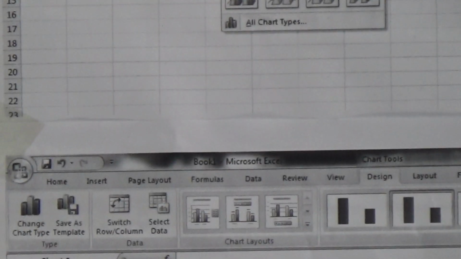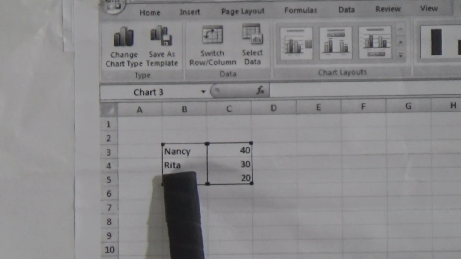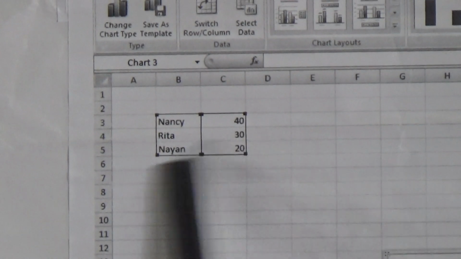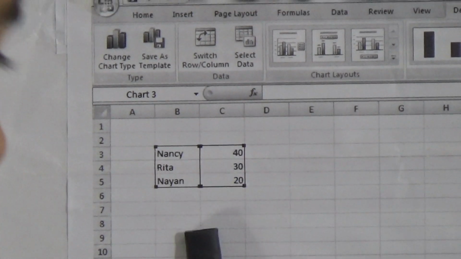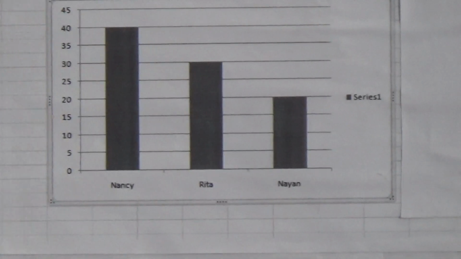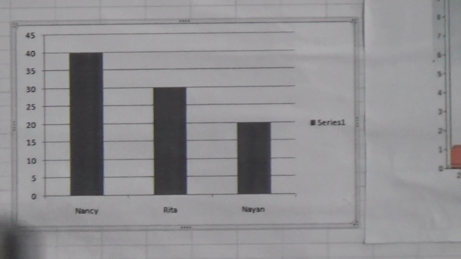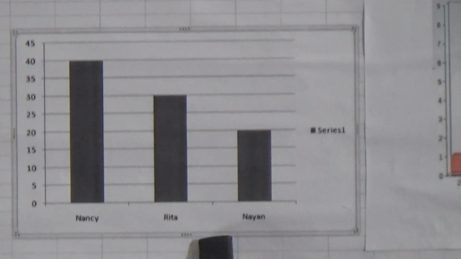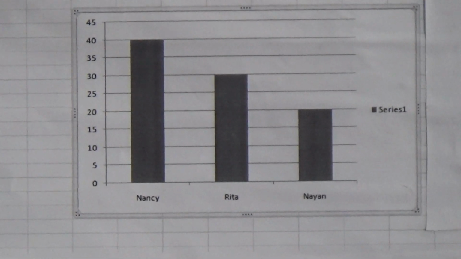After selecting, that page will appear. In this page, Nancy 40, Rita 30, Nayan 20. This position will be shown in this bar diagram, in this column. Every column represents every person here.